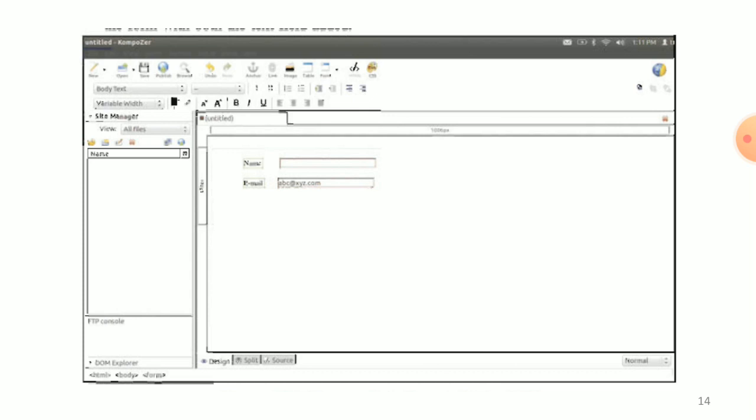Here enter the text abc@xyz.com in the initial value text box, and this will help the user understand the format of email addresses. This slide shows both text fields added: name text box and email text box.